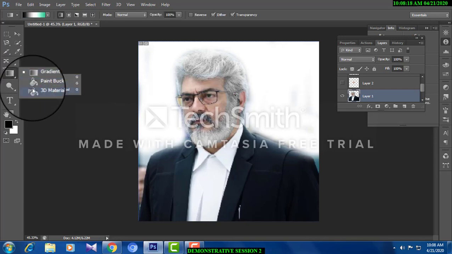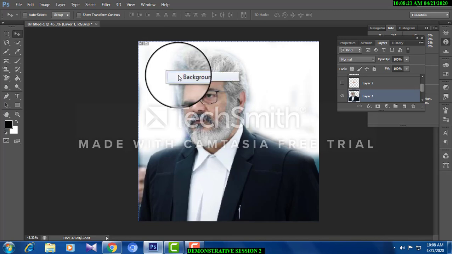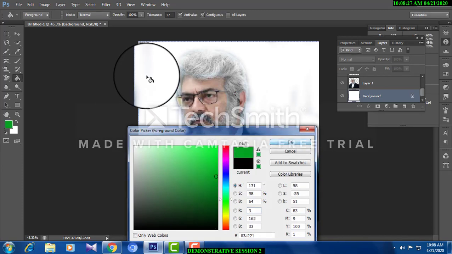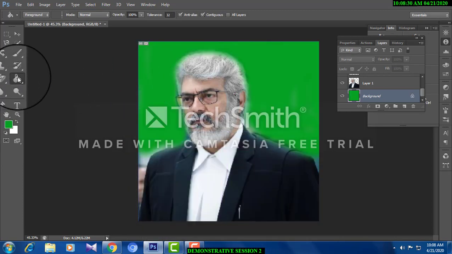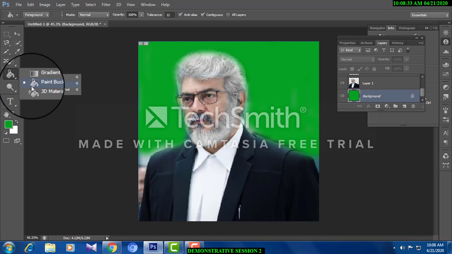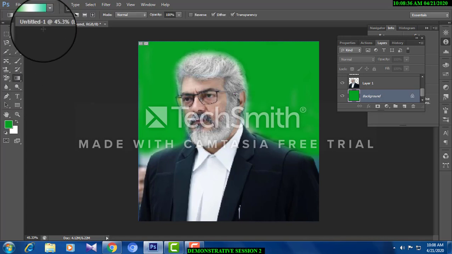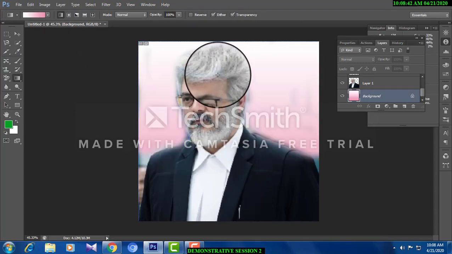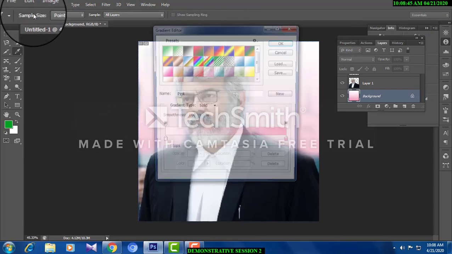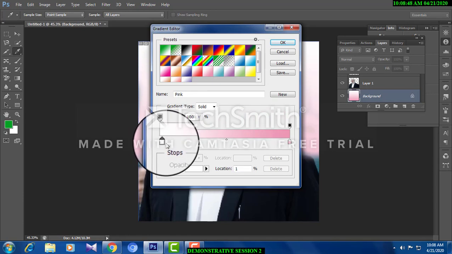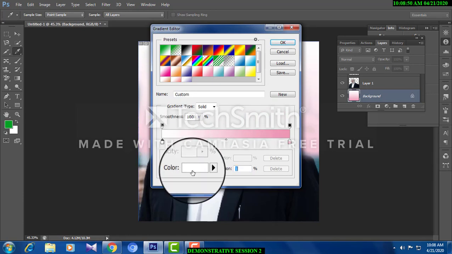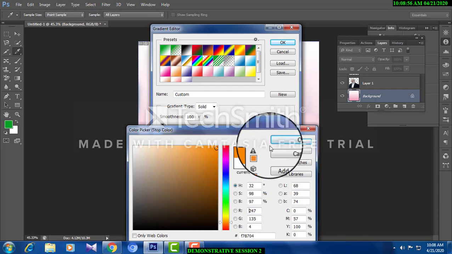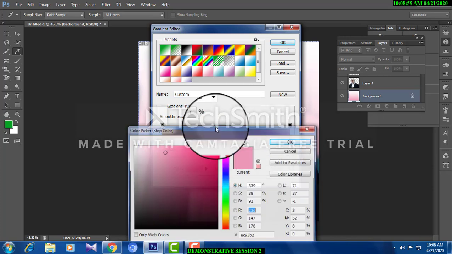And this tool, which I taught you yesterday, is the paint bucket tool. For example, I am choosing the background color. With the paint bucket tool, you can give a single color. For example, I am just using green, a single color. See, look at here, this is the background color, paint bucket tool. And the gradient tool, you all know very well, you can bring about any color, two or three colors. This is the gradient tool. In the gradient tool also you can adjust the colors. For example, Indian colors, you can create a tricolor. See, you can add green.